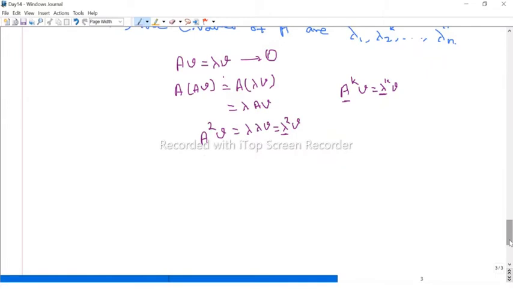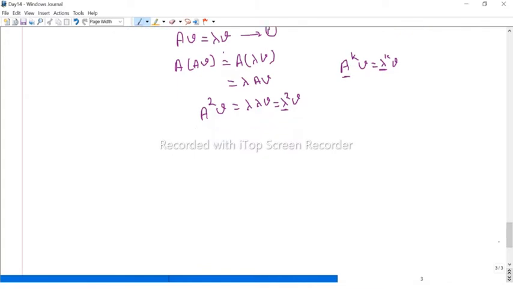Now, if you take any matrices, the matrices AB and BA are similar, provided one of the matrices is non-singular. So maybe state it as a theorem. Theorem: suppose we have two n by n matrices A and B, and assume that one of the matrices is non-singular. Either A is non-singular or B is non-singular.